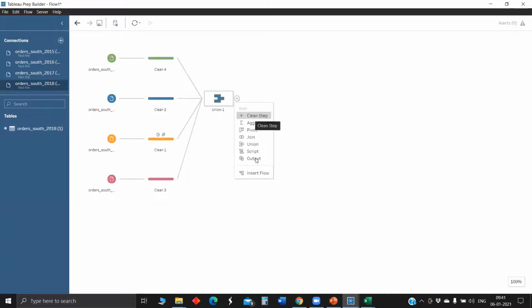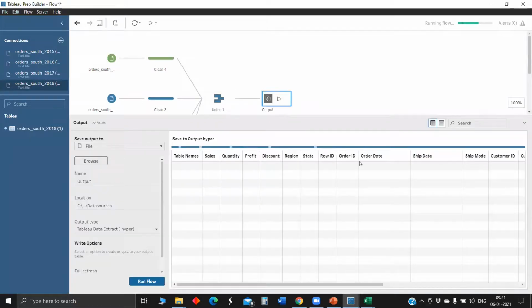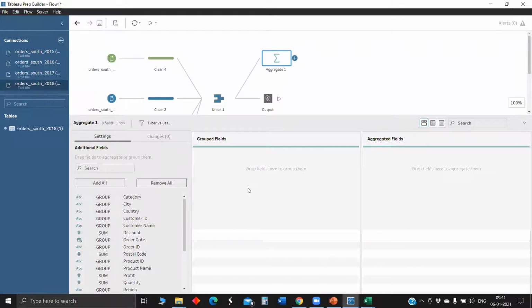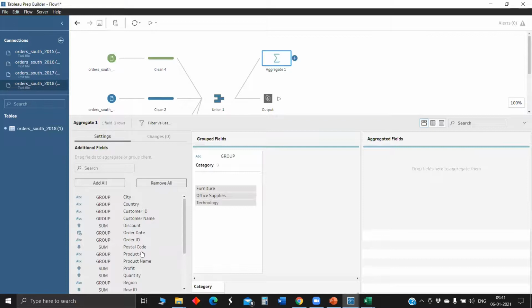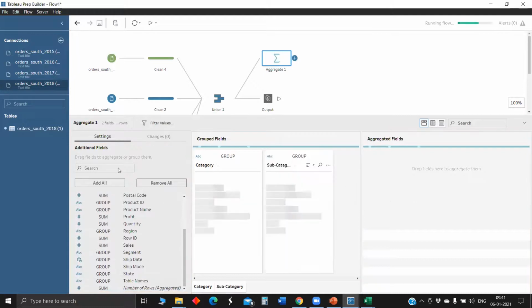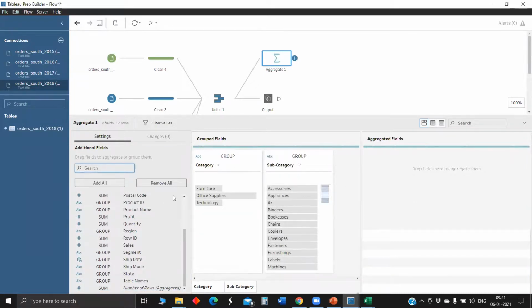Now we will generate an output step, and if we run it, as usual, it will be saved. We will also try to view the application of the aggregate step here. Generally with LOD, if you would like the sales across year or category, we write an LOD fixed on category and year, sum of sales. But here in Tableau Prep we have an aggregate step where you can select the group fields, which are nothing but the dimensions. So I am adding category and order date, or maybe subcategory, and sales I am adding to the aggregated field.